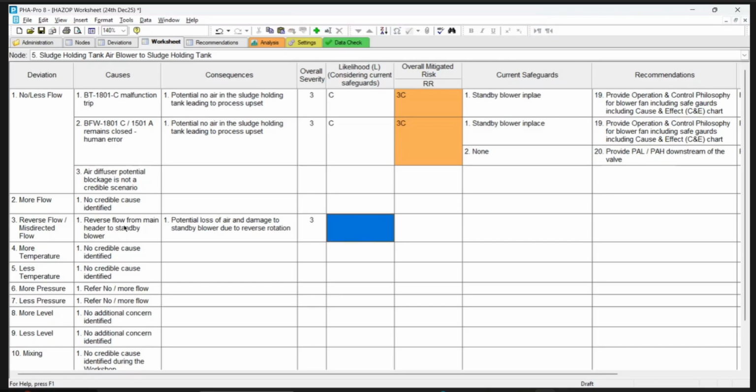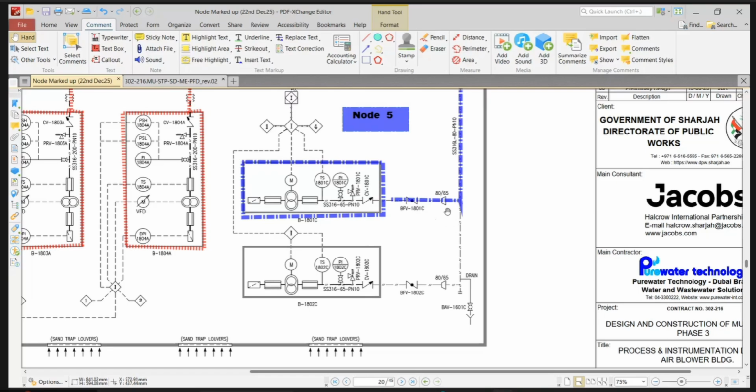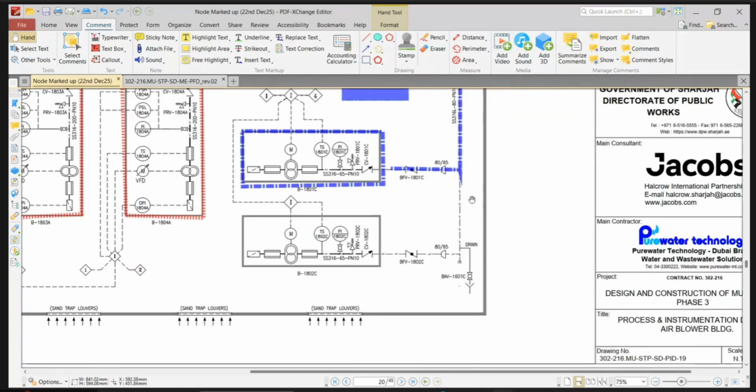I am happy with 3 because the air that comes will make it rotate in reverse. This blower fan, if you don't have a check valve, what will happen? This high pressure blower air will go here and it will have a short